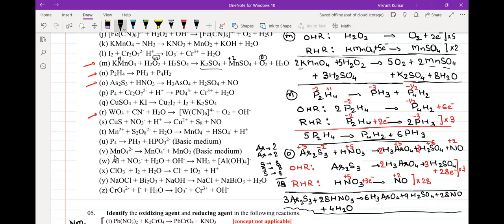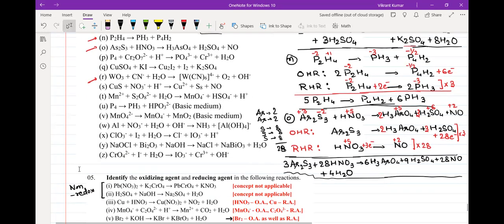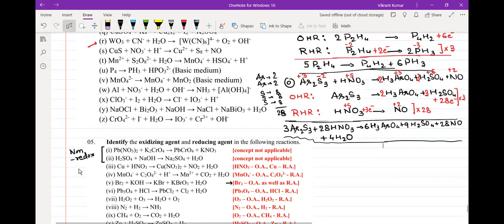एक बच गया ना वही आर वाला. ओके, आर वाला इज WO3CN minus. Okay, let's see that also. So directly I'll be writing the steps. OHR में if you see W का if you calculate, that is going from +6 से लेकर +2 जा रहा है, and H2O is going this time into O2, because CN minus left में भी दिख रहा है, right में भी दिख रहा है, and that's why I'll be writing H2O going in the form of O2 in the OHR this time. ठीक है, and then we'll be writing RHR में